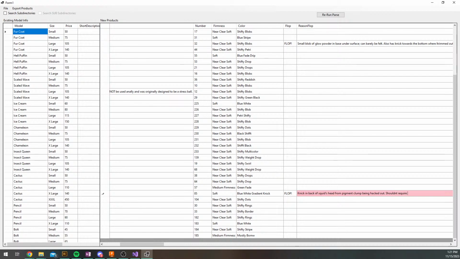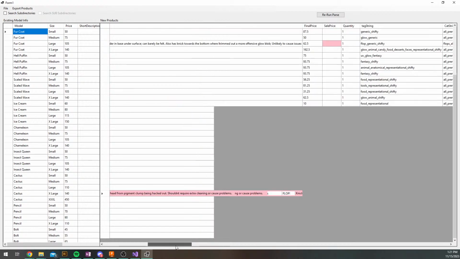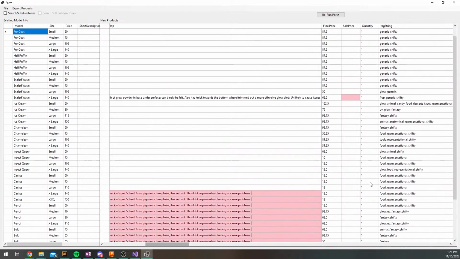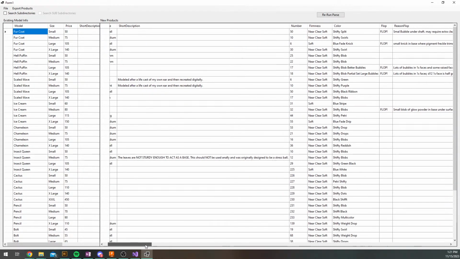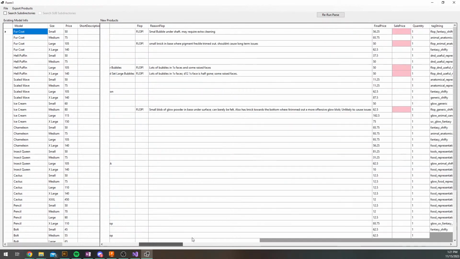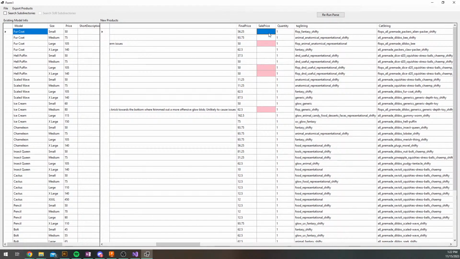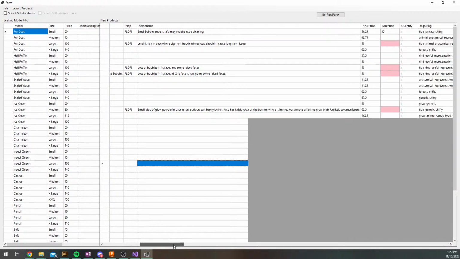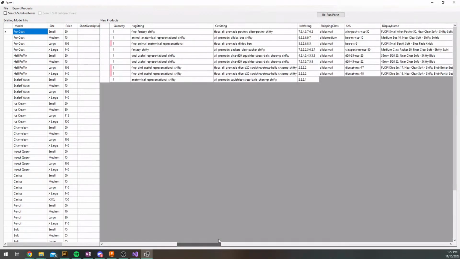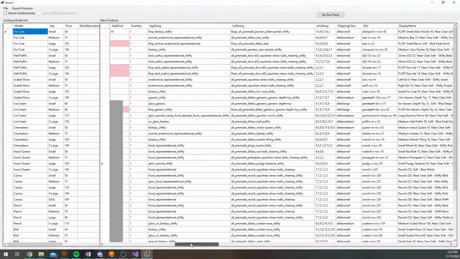Shouldn't require extra cleaning or cause problems. Great. And I think that's the end, so now I just need to go through and relabel all of these. And by relabel, I mean figure out how much of a discount I should do, which I do somewhat arbitrarily because I am chaotic. So this is going to be like $45 for a bubble that might require some extra cleaning. Small nick in the base in the B is pretty negligible, so I'm gonna maybe